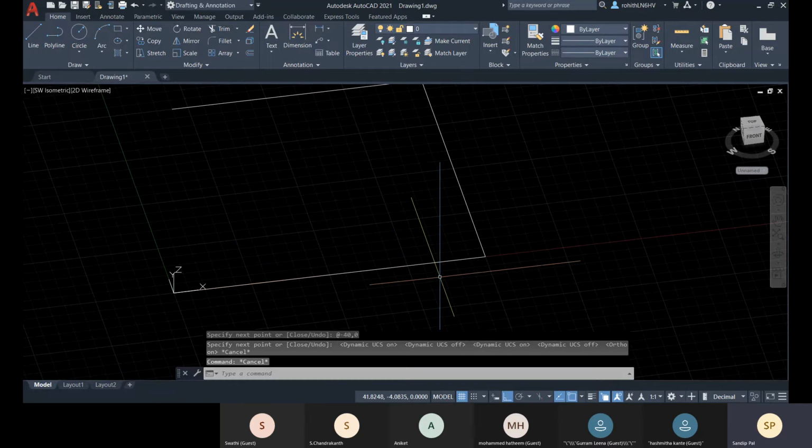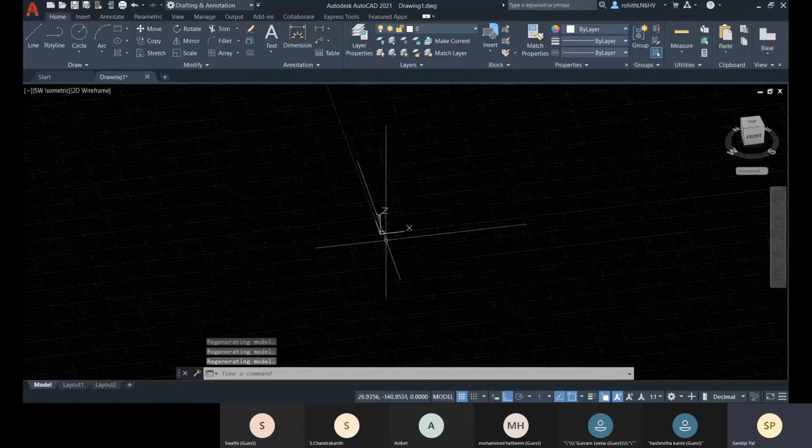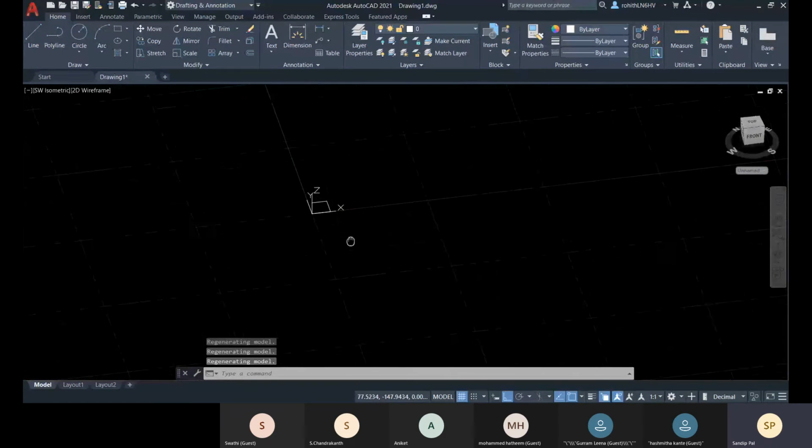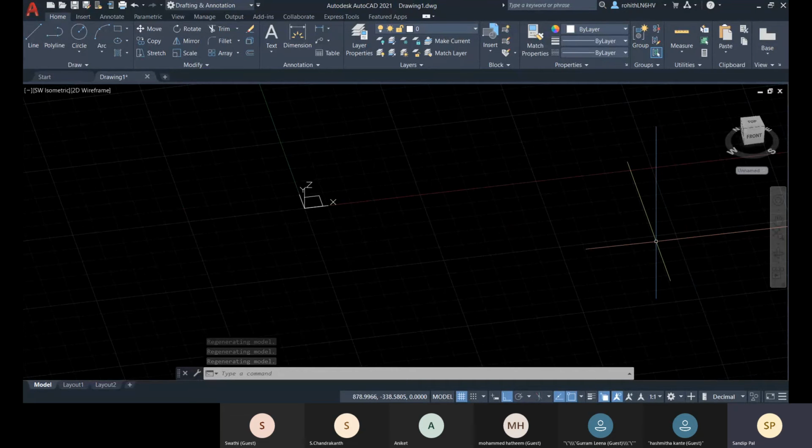So suppose after changing your UCS, you don't want to align it back, but for a part of your drawing you want it as per WCS. You want to draw according to the world coordinate system, x positive, y positive, but you don't want to align it back as per WCS, right? So how can you do that?